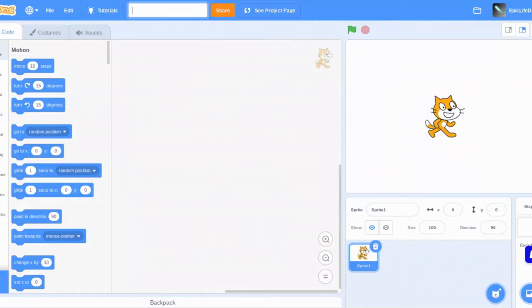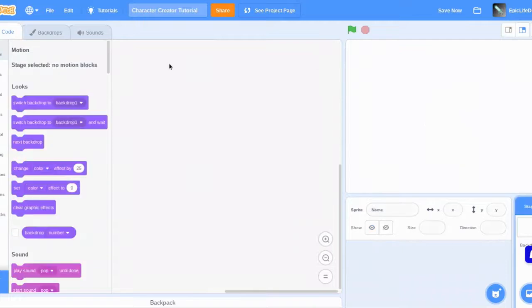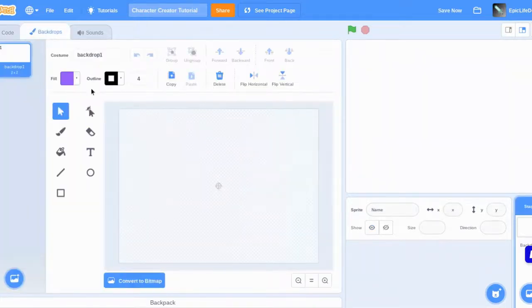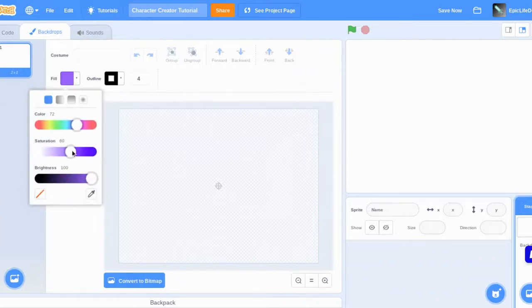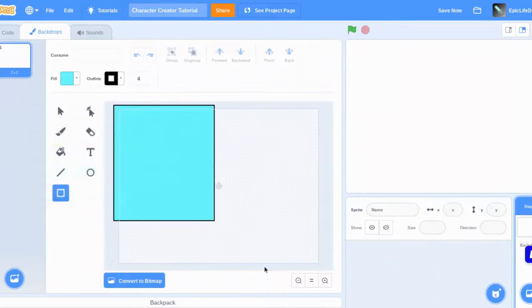So let's just name it character creator tutorial. It doesn't need a name, so we want to get rid of this guy. Backdrop could just be something like, well, we could just do this big square,